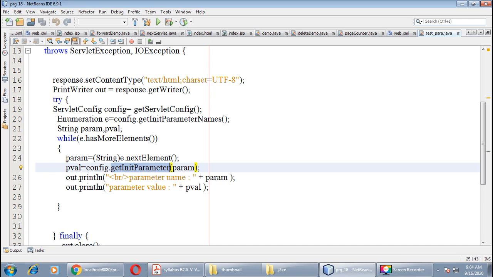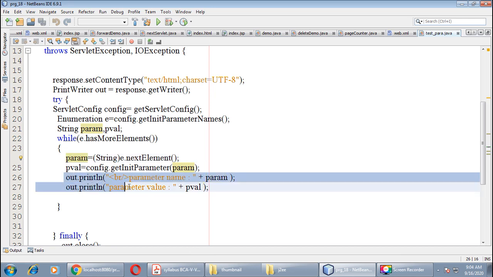So here in the param variable we will get counter, and in pval we will get the value of this parameter. This will be printed on the browser through line numbers 26 and 27. Here what we have done is we have just used the method println.